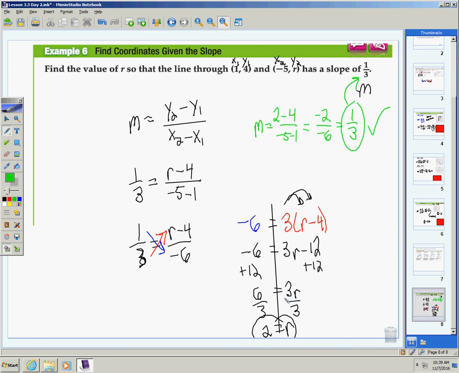But the process is just taking our slope formula, we're used to working with formulas, plugging in everything we know, the only thing we don't know is this r, and then we solve this for r. The way we solve it is by using what we know about proportions, cross multiplying, and setting them equal to each